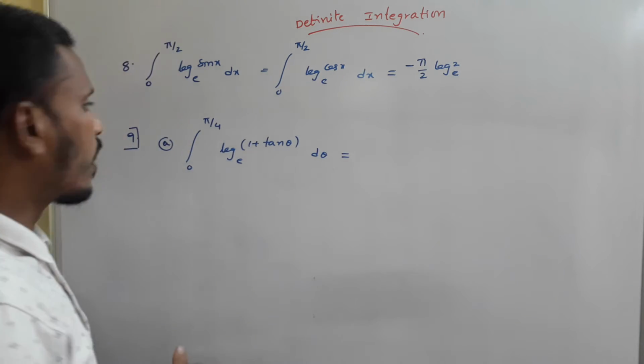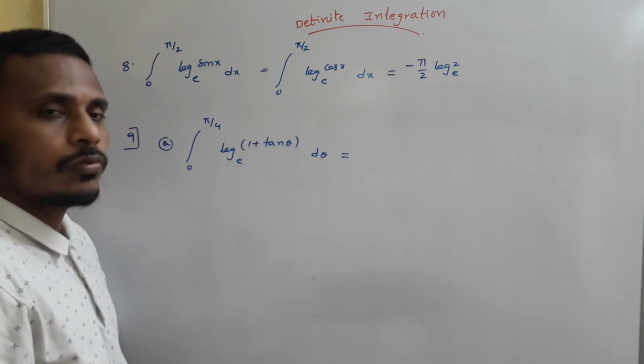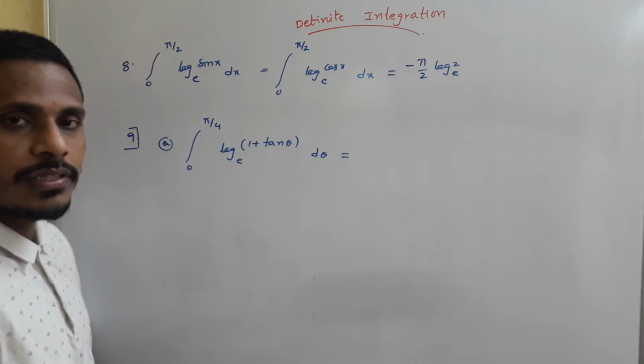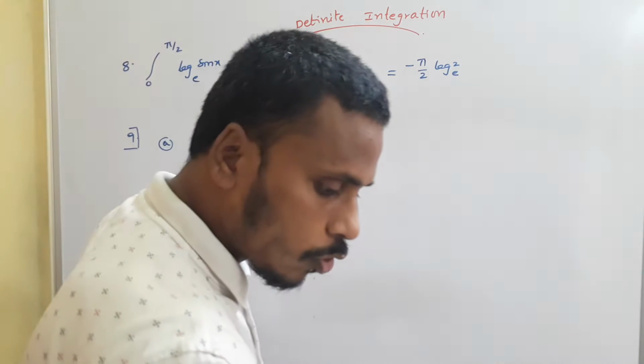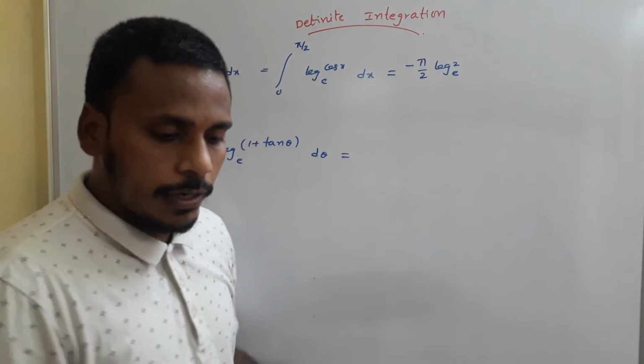Okay, and I mentioned different forms and different problems related to this standard problem. Now in this class I am going to start with this particular one: integral 0 to pi by 4 logarithm of 1 plus tan theta base e d theta. Again, to solve this problem we need to go with, as we mentioned, the star property.